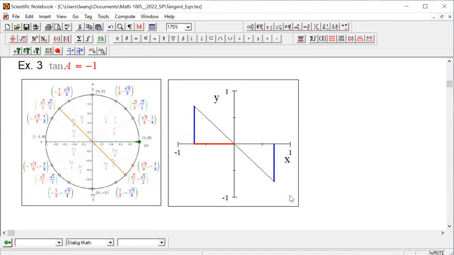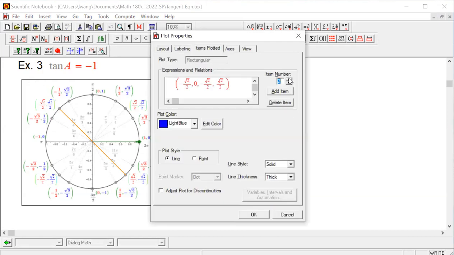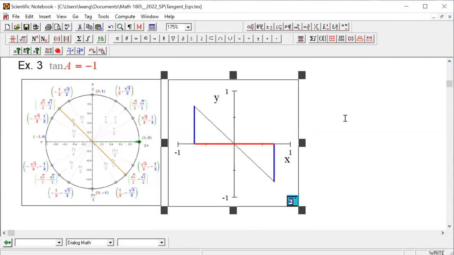So we're there, just one more red. There, okay. Now the interesting thing is, because it is a negative ratio,